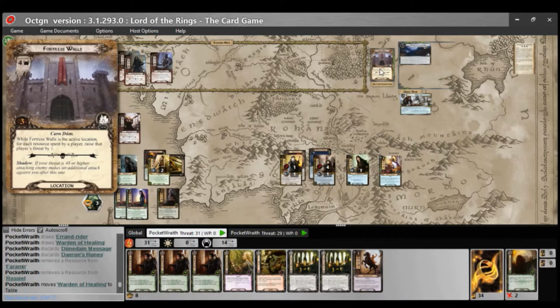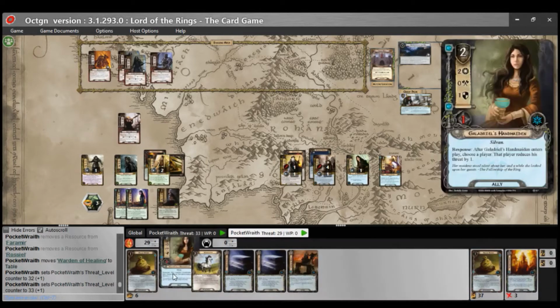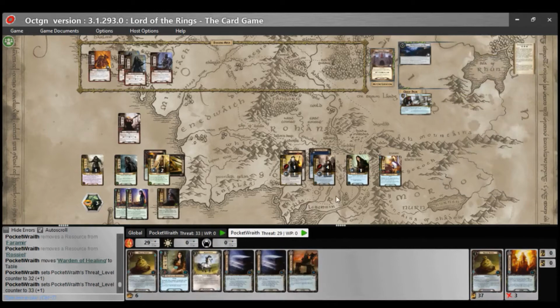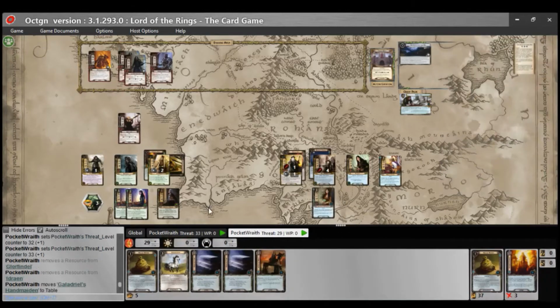Now, Fortress Walls, while it's the active location, for each resource spent by a player, raise that player's threat by 1. So, my threat goes up by 2, spending those 2 resources. Over here, I want the extra willpower from this. Yeah, that's going to be more significant than Shadowfax. So +2 threat, and then I trigger the...